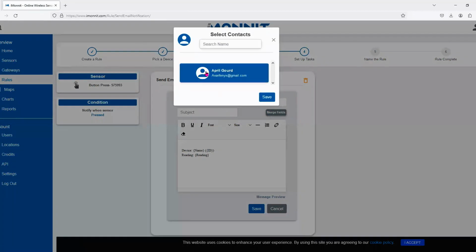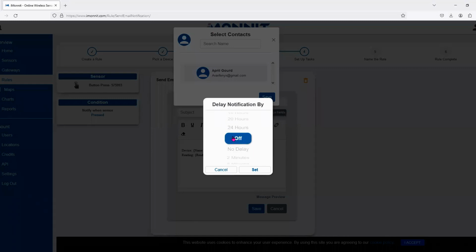So for the to button, since I am the only user, I'm going to go ahead and select that. Currently, you'll see that it's set to off. That means that I'm not getting any notification, and that's why it's blue instead of green. So we're going to go ahead and select no delay. But if you wanted to have a delay in how it messages you, you would simply select the message time frame